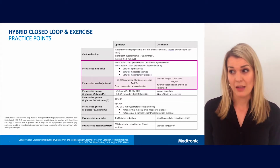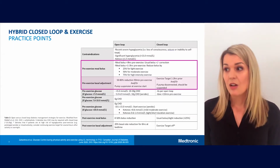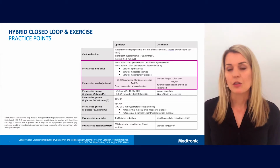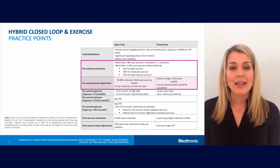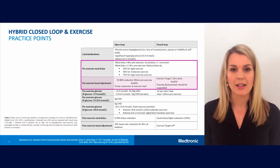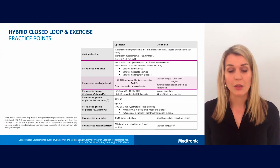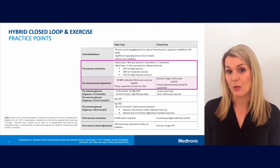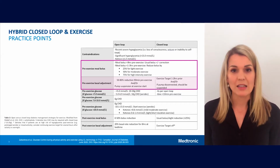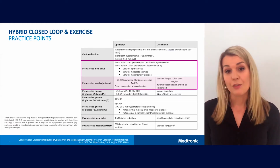For pre-exercise basal adjustment, for open loop, a 50 to 80% reduction 90 minutes prior to the exercise until the end of exercise, and in hybrid closed loop, an exercise target or a temp target to be set 1 to 2 hours prior to the exercise until the end of exercise. If a pump is to be disconnected for contact sports or because of hypoglycemia, even with basal reduction, it's important to remember that it needs to be suspended, particularly in hybrid closed loop, or the ongoing insulin delivery can affect